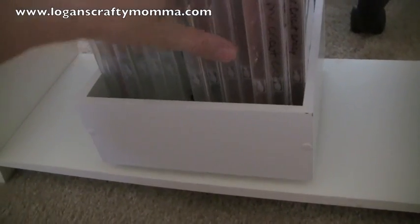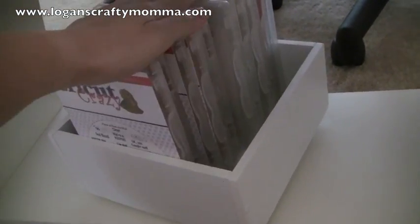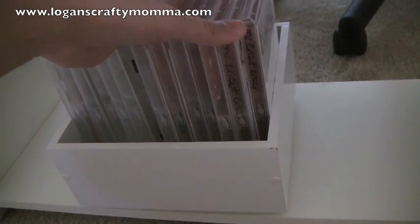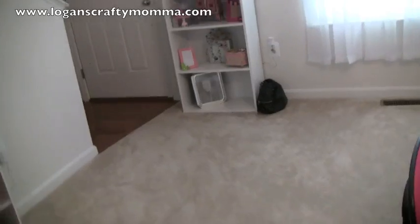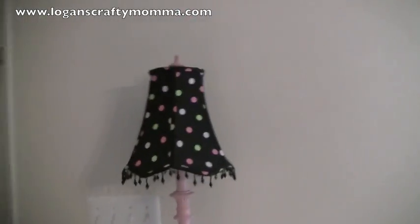So that's what I keep in there. These are my stamps that I use the most. I want them in arm's reach. My front door is my light,